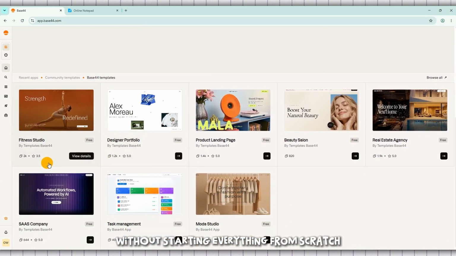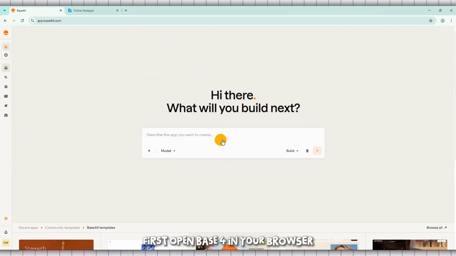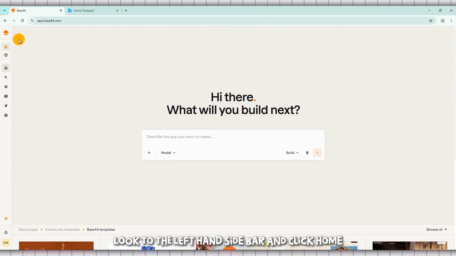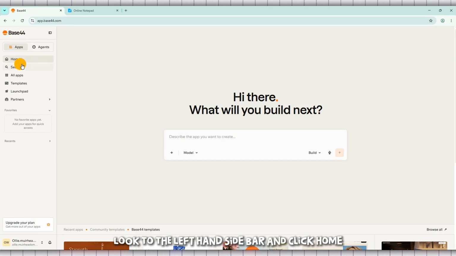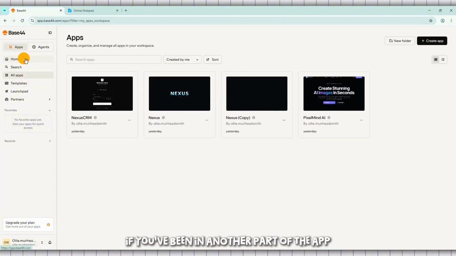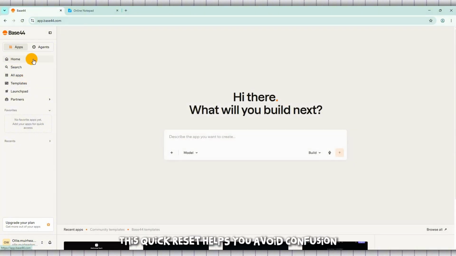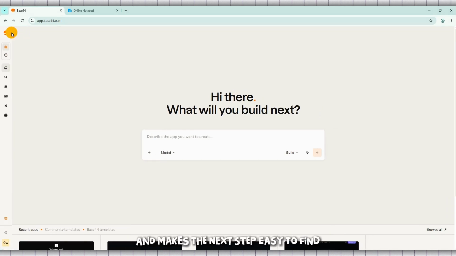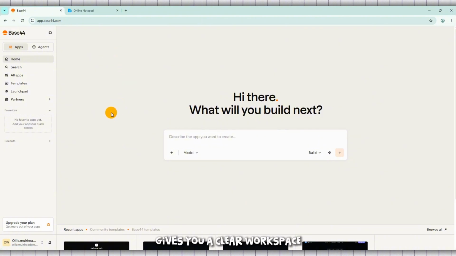everything from scratch. First, open Base44 in your browser. Once you're in, look to the left-hand sidebar and click Home. This brings you to a clean starting point and ensures you're working from the main dashboard. If you've been in another part of the app, this quick reset helps you avoid confusion and makes the next step easy to find. Starting from the main dashboard gives you a clear workspace and helps you follow the creation